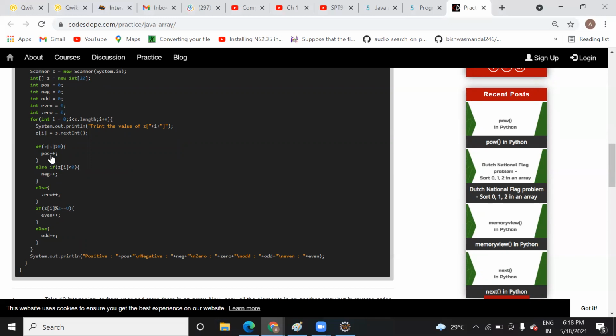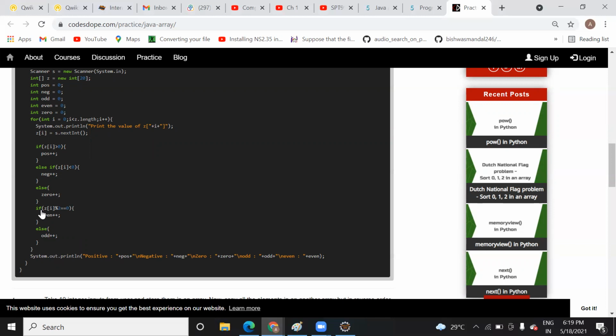If you enter some negative value, then this condition will become false. Suppose you have entered -1, then it will check else if z[i] is less than 0, negative plus plus. So positive, negative, zero plus plus, this value will increment as per the number of values it reads from the array. Now this was positive and negative, and in order to count, if it is not a positive number and not a negative number, then it means that it might be a zero. So it will increment the zero variable. This zero variable will count the number of zeros.